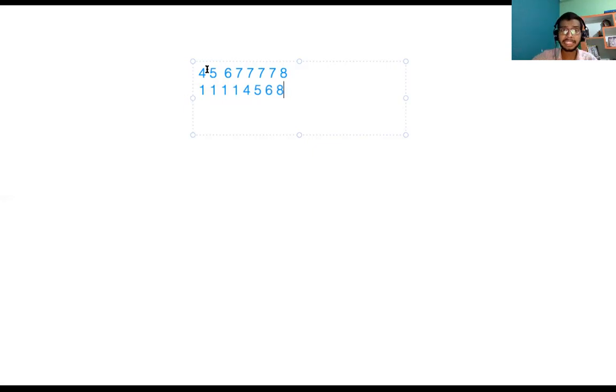In this scenario, 8 is identical, 4 also has a copy in the second array, 5 also has a copy, 6 also has a copy, but 7 doesn't have a copy in the second array, and 1 also doesn't have a copy.